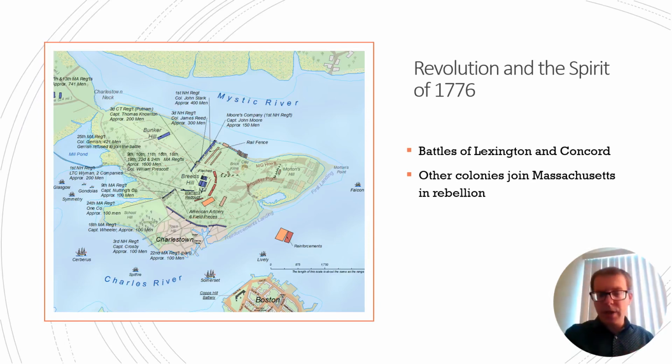And it's around this time the Second Continental Congress convenes, and there is a sort of organization of not only the colony of Massachusetts, but other colonies throughout North America that begin to come together in revolt against the British Empire and join Massachusetts in rebellion. And one of the original key questions is, who is going to lead the Americans' forces against the British? Because you can't rely on state militias to fight against one of the most powerful militaries in the world at